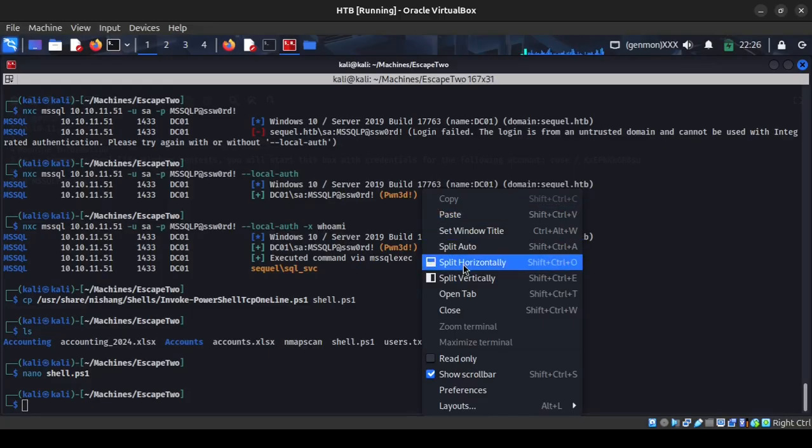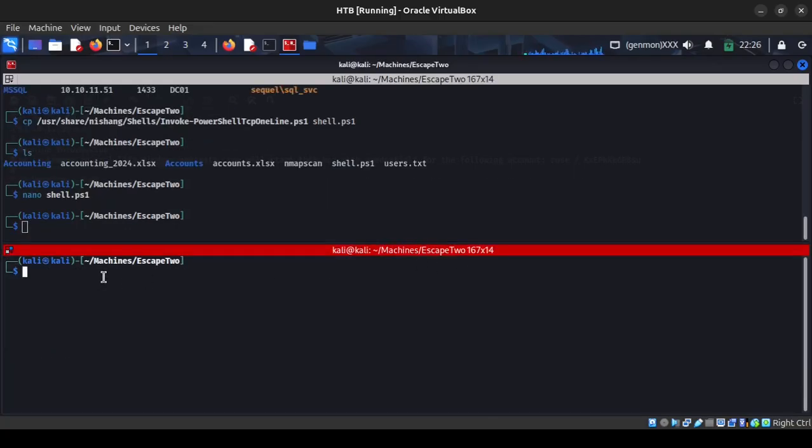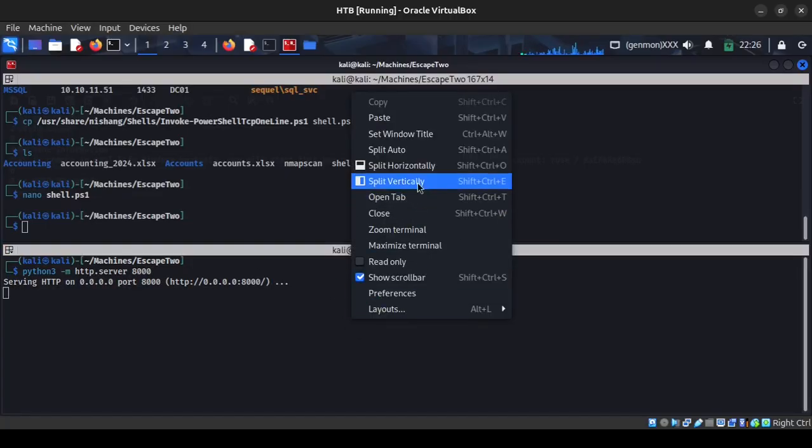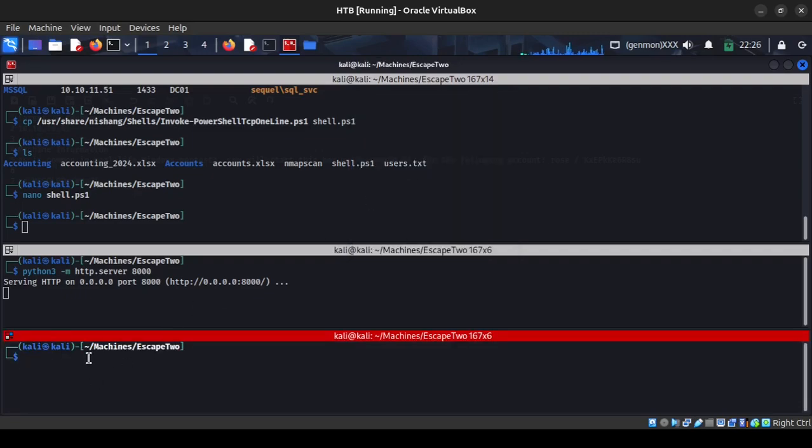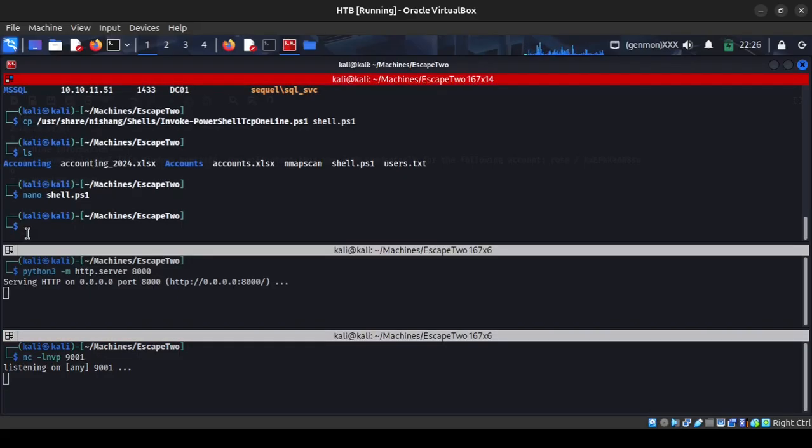I'm going to split it. Start up a Python HTTP server for downloading the file. Then we're going to start another listener, and then here we are going to